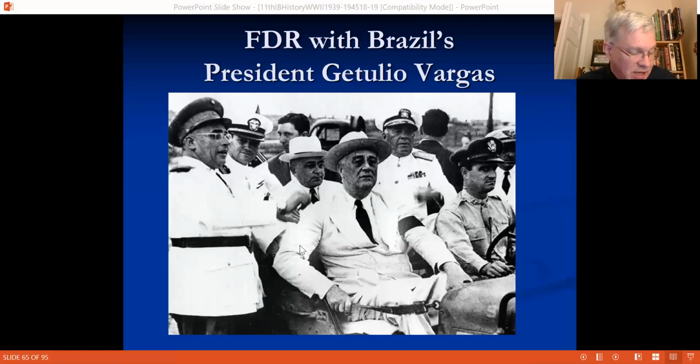They provided rubber. That was a critical natural resource that previously a lot of the world's rubber came from Southeast Asia, and of course the Japanese got control of that, so that didn't work out so well. So Brazil provided a lot of rubber for all of the equipment, tires, and all kinds of different airplane parts and so forth that were needed for the war effort.